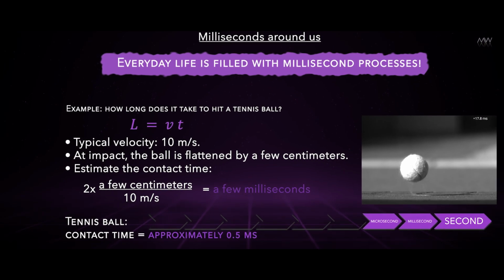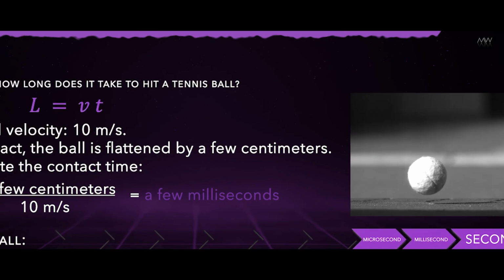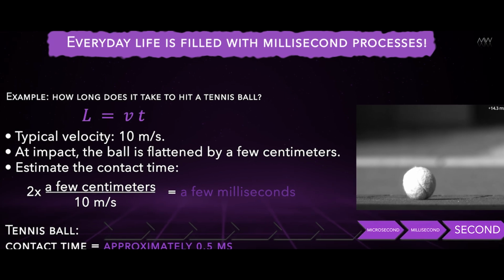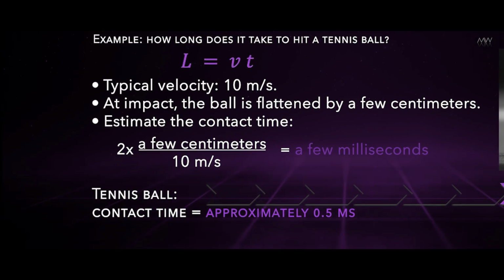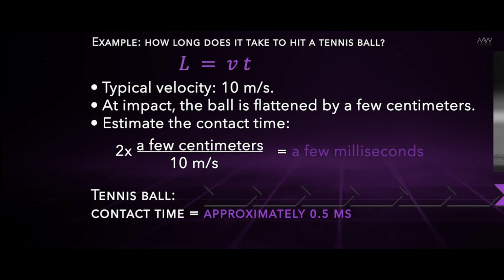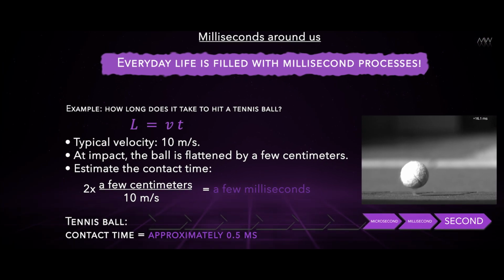The important thing is that the scale is on the order of 10 meters per second. When the ball flies up against the wall, it flattens, of course. How much flattens? Well, a few centimeters. That's enough for us, too. We don't need to know the exact numbers. And then you divide one by the other. It's a funny formula. A few centimeters divided by 10 meters per second. You add up the numbers, you get a few milliseconds. That's a phenomenon that lasts only a couple or 3 milliseconds.